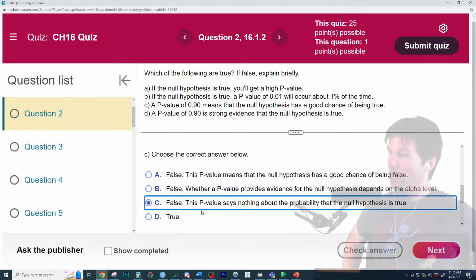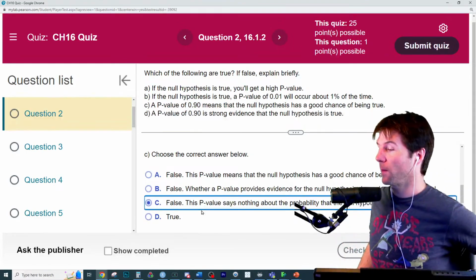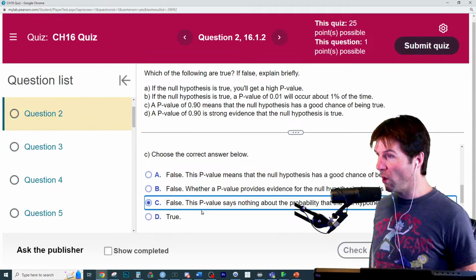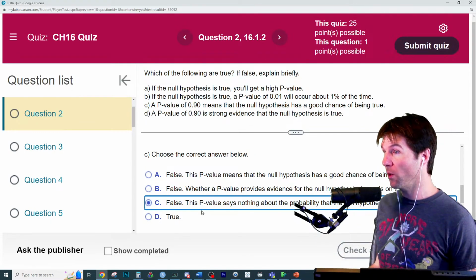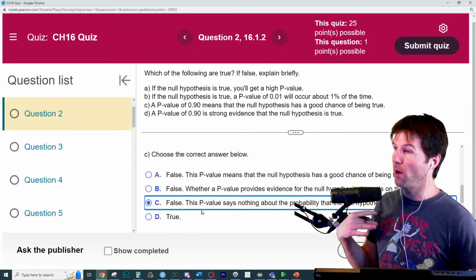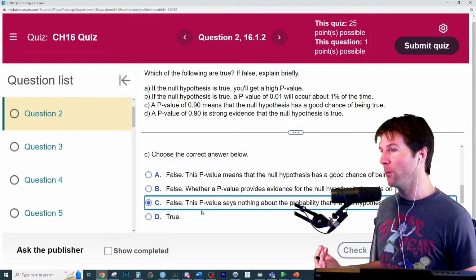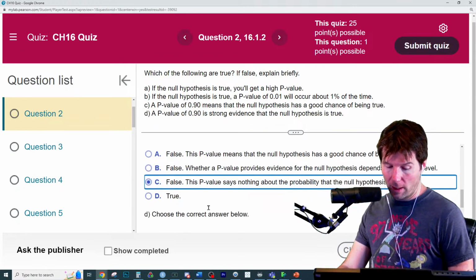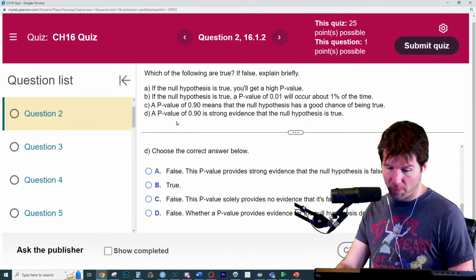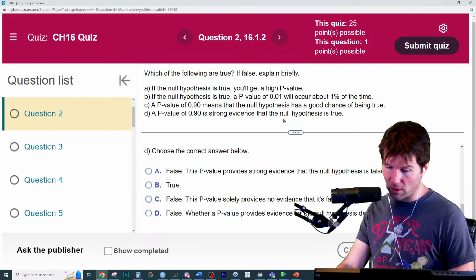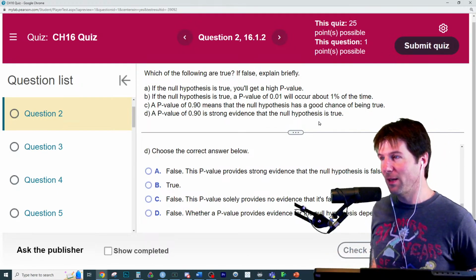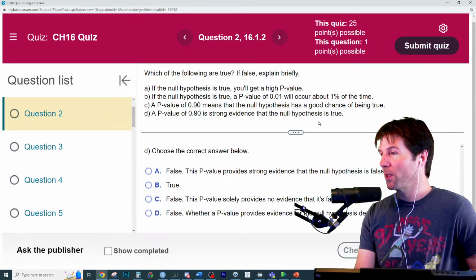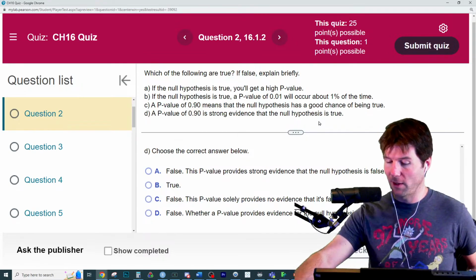So what the p-value says, and that should be the answer, is that what we saw was likely given the null is true. The p-value is the probability of our results or a result more extreme given the null is true. And so that looks right there. A p-value of 0.90 is strong evidence that the null hypothesis is true. Yeah, not my favorite sort of questions. They're really just hammering down one point on what is a p-value.